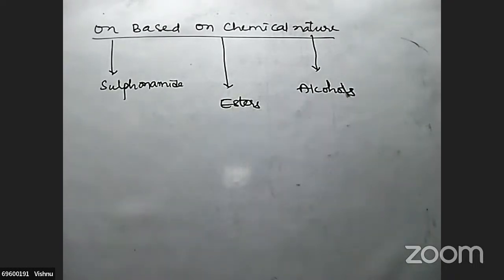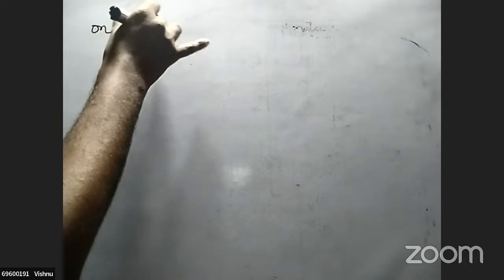Alcohols. The maximum number of drugs contain, say, sulfonamides, and a few are esters, and alcohol chemical compounds are also present as a main component in drugs. And next is classification on the basis of molecular target. On the basis of molecular targets,